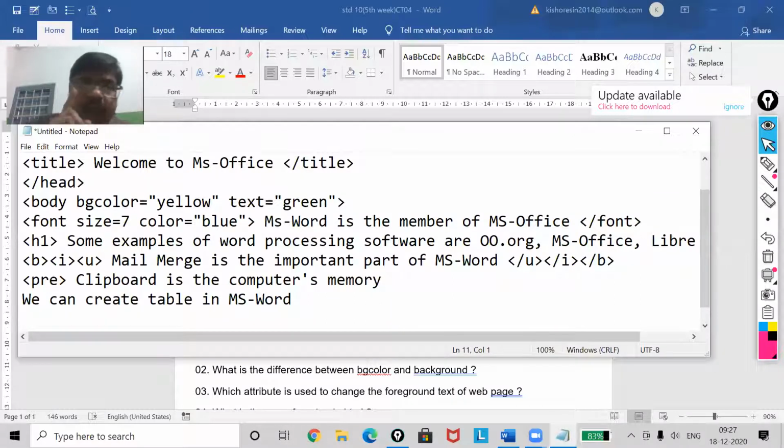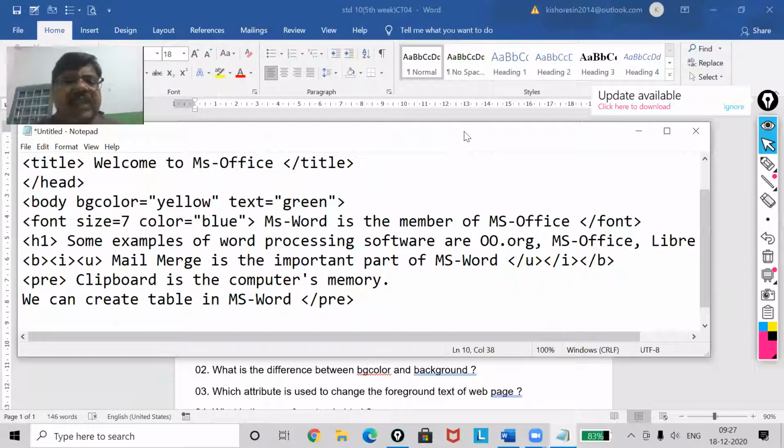Now listen, if I would not have used a pre tag, then your web browser will show clipboard is the computer's memory, and then it will write, we can create table in MS Word in the same line. But as I have used pre, whichever way I write it, it will work as per that. So this is the pre tag.